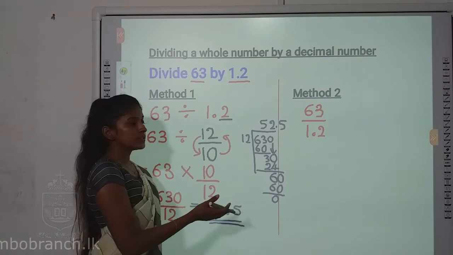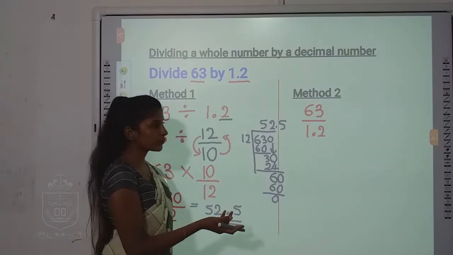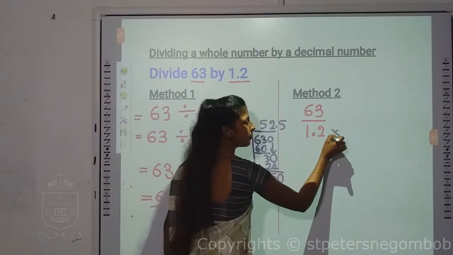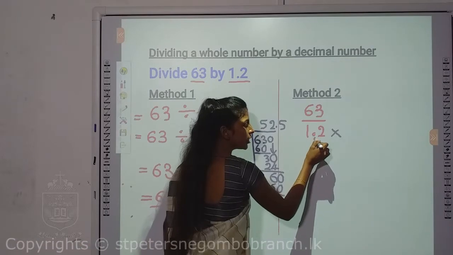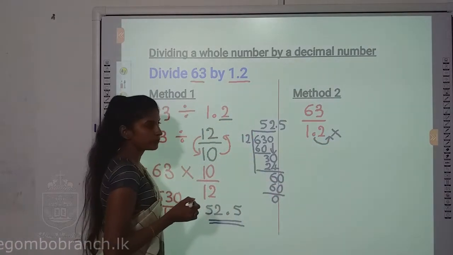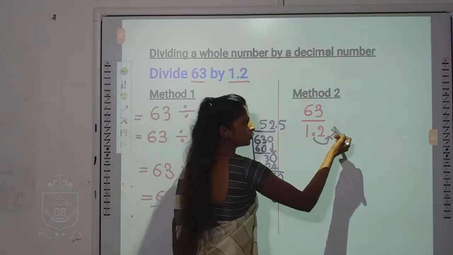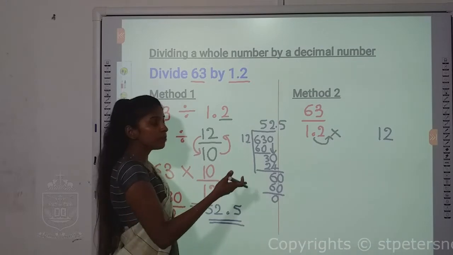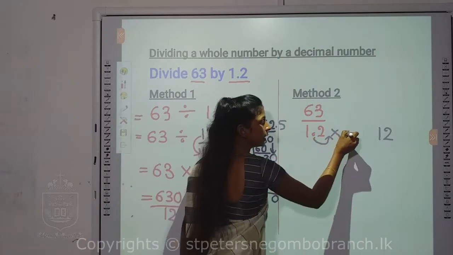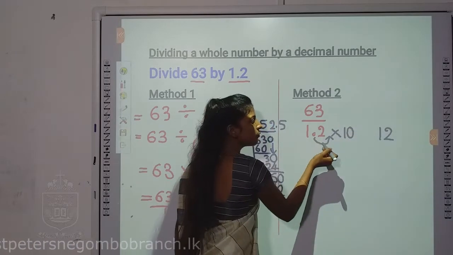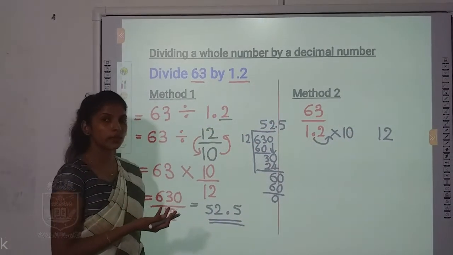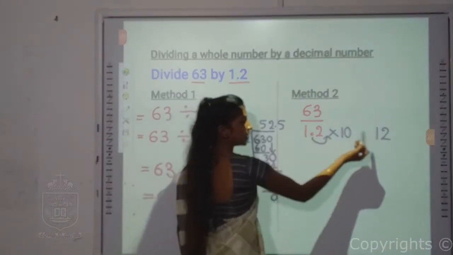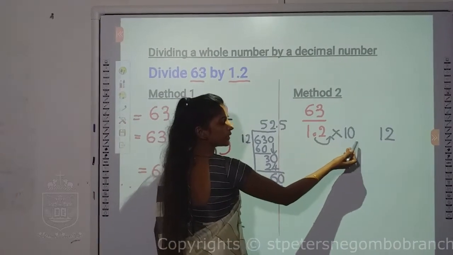So in converting this decimal into a whole number, what do you have to do? Now you know that it will become a whole number when you move the decimal by 1 place. The decimal will move and your answer will become 12. For it to become 12, by which number are you going to multiply? If you multiply by 10, 1 place will be shifted. Then only we will get the whole number 12. So in order to make this a whole number, you are going to multiply by the power of 10.